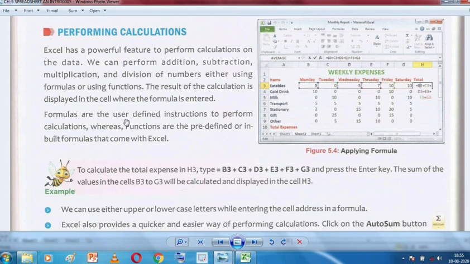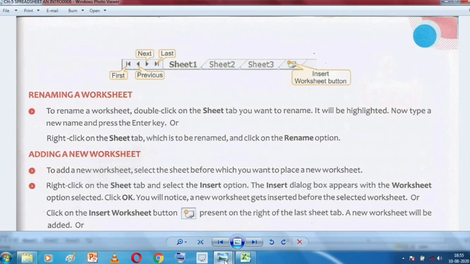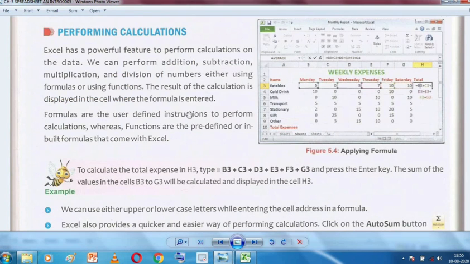Formulas are the user defined instructions to perform calculations. We are the users of the computer, and we are going to define a formula to do the calculations on our data. So what are formulas? Formulas are the user defined instructions to perform calculations.